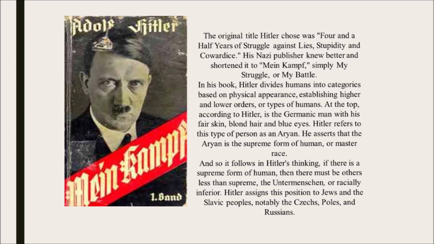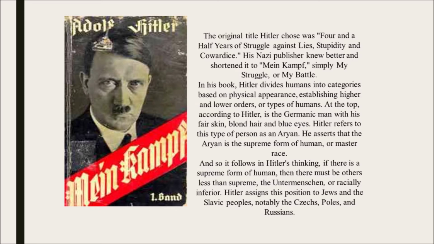He called these people Übermenschen. Think of the word Uber, like Ubers. Catch a ride on an Uber, ride sharing and all that. It's spelled the same, Übermenschen. So if you look down at the bottom, the last paragraph on that slide says, so it follows in Hitler's thinking, if there's a supreme form of human, the Aryan, the Übermenschen, which translates to overman or superman,